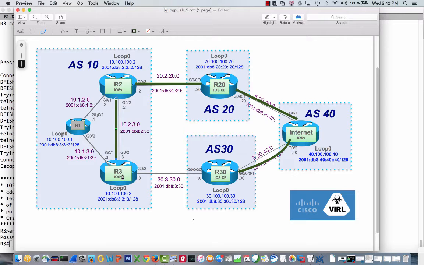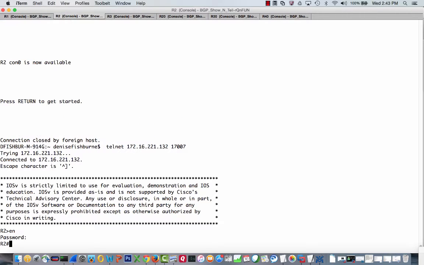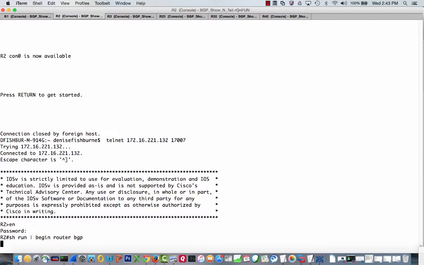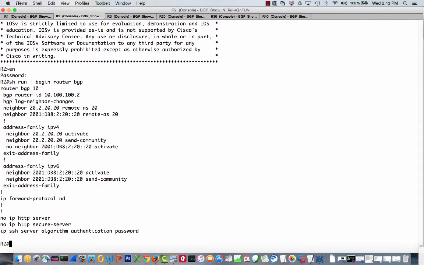So what we're going to do first is go to R2 and R3 and have them iBGP peer with each other. Let's go to R2 first. Show run, begin router bgp. Again, I haven't typed anything since the last little YouTube snippet, so this is the same as it was before. R2 is just eBGP peered with R20 in Autonomous System 20,